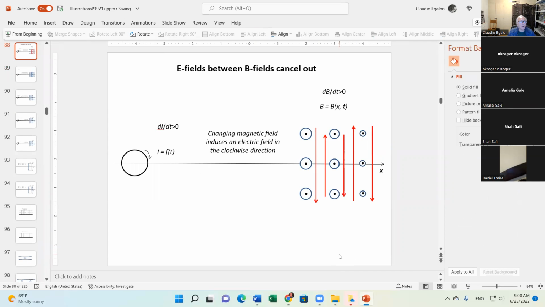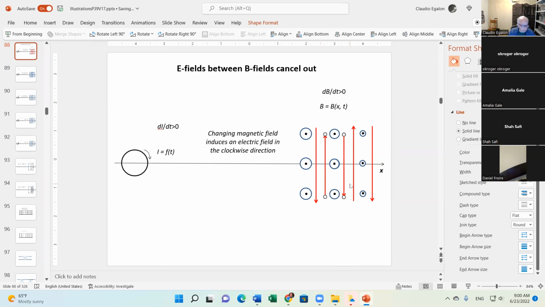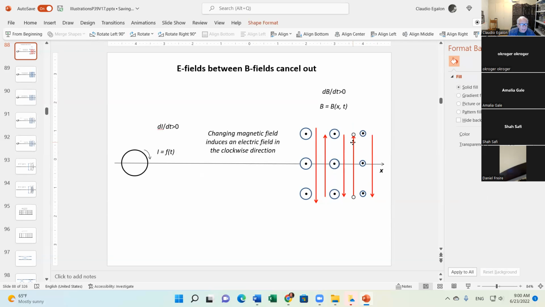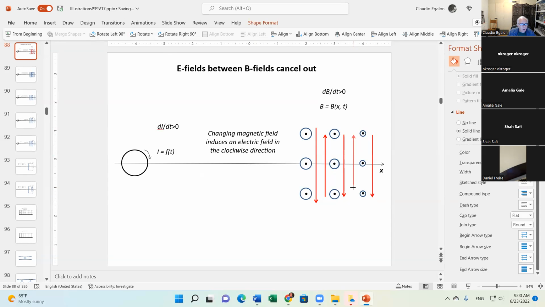Yeah, here you go. And then we have something similar here for the next pair of electric field lines. It should be shorter than the other as well. Why is that? Anybody can volunteer a reason for that?